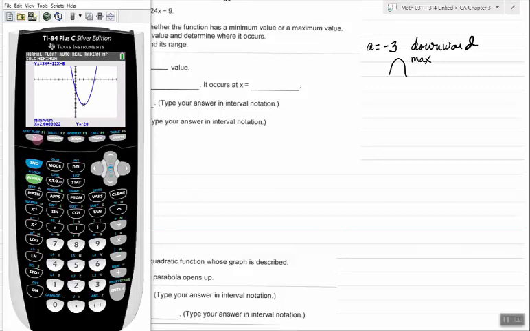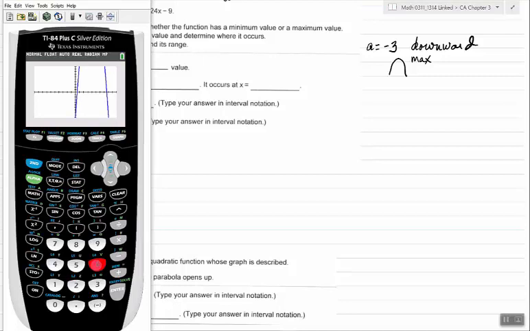All right, I'm going to go to y equals and type in negative 3, well, let me clear that, I'm sorry. Negative 3 variable x squared plus 24x subtract 9. All right, that's my function. And if I just do a zoom 6 to start, which is where I start lots of times, I know that I'm going to get a downward parabola,